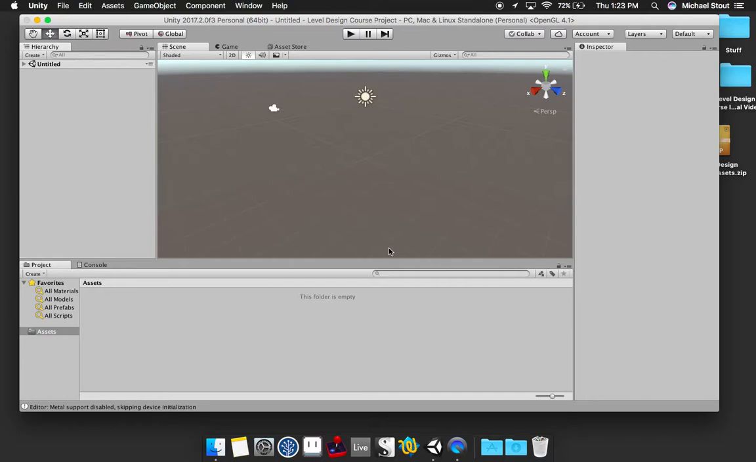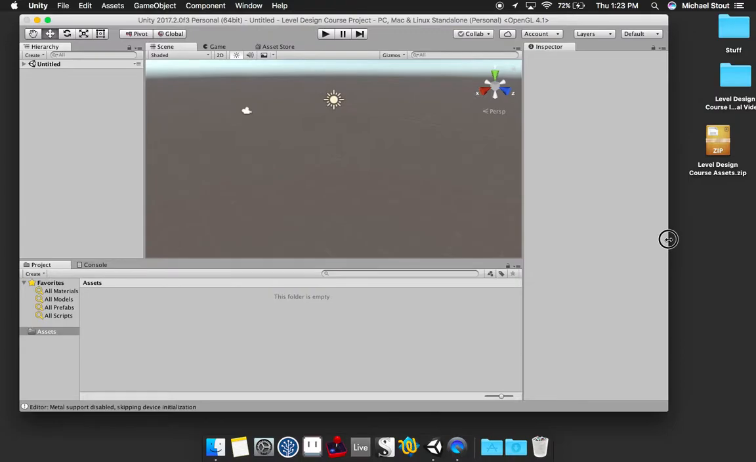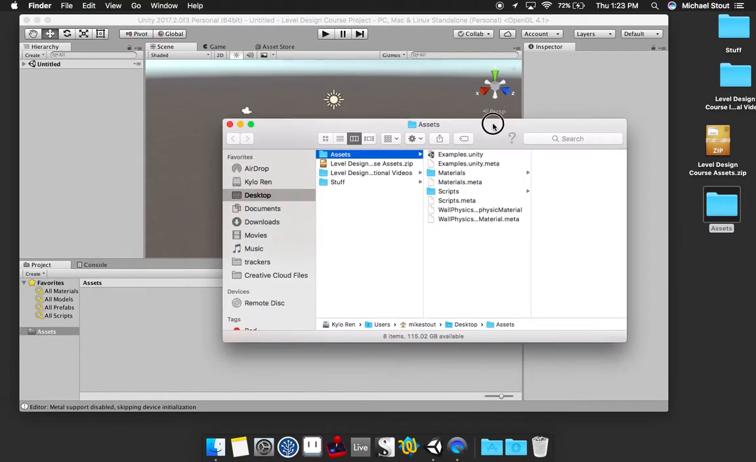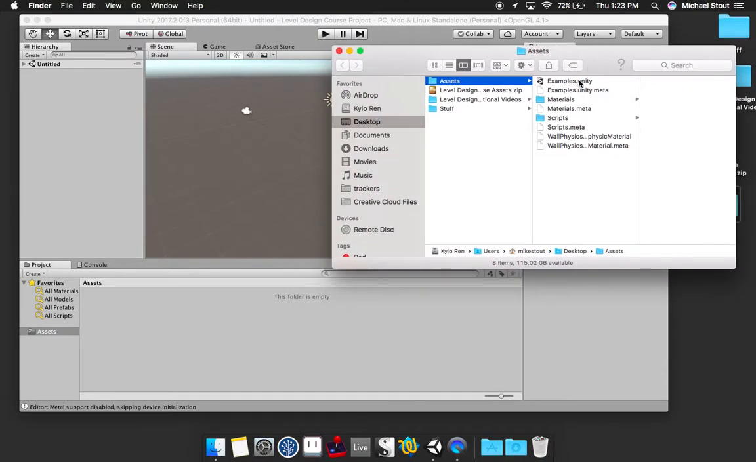So the first thing that we need to do is add in all of the files from the zip file. So I'm going to make this window a little smaller, and I'm going to unzip this file. On a Mac, all you got to do is double click it and it unzips it. But if you're on Windows, you may have to do a few other things to get it unzipped. But once you've got it unzipped, you should have this folder called Assets. Open up the folder, and then inside the folder you've got this examples file, this materials folder, the scripts folder, and then this thing called